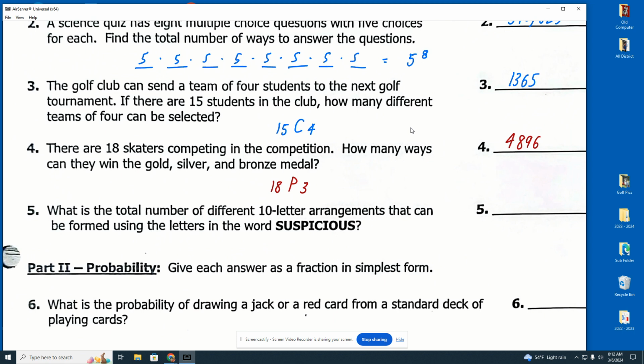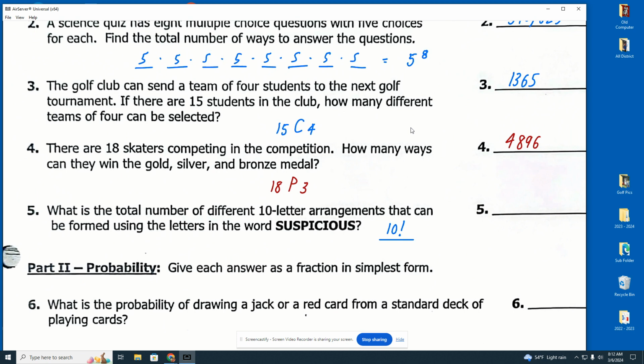One, we said it's kind of like the hat problem I told you, 9 hats on a shelf. It's 9 factorial, right? So right off the bat, I know factorial is involved because I got these letters. It's basically like I cut them out, and then I want to know how many different ways I could put them in order. So that's 10 factorial. However,